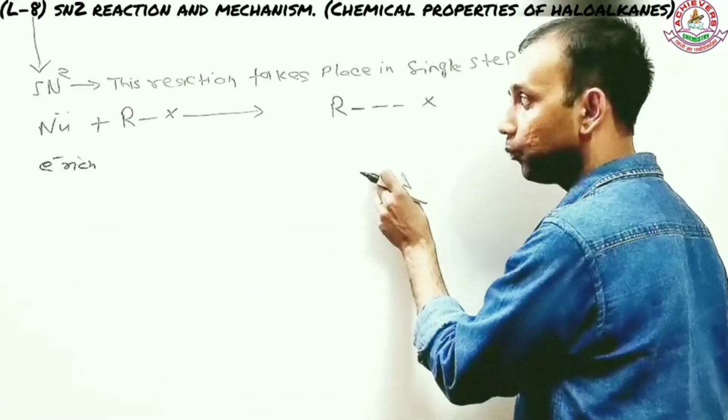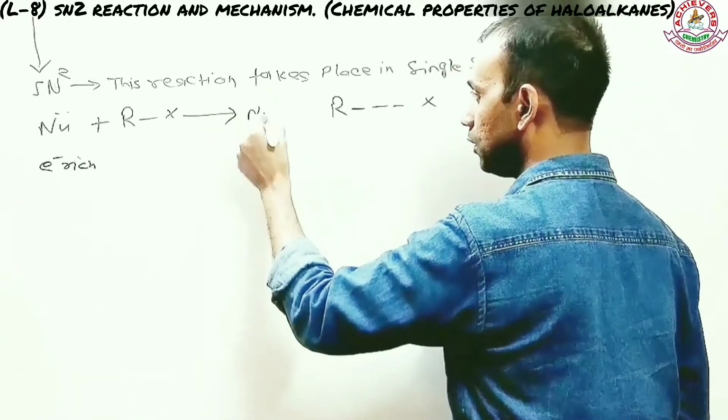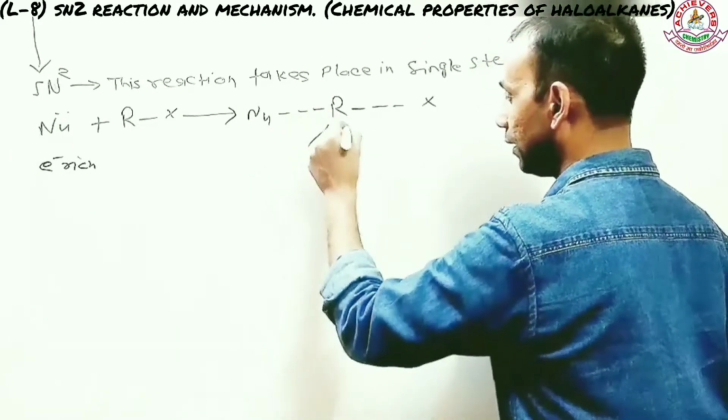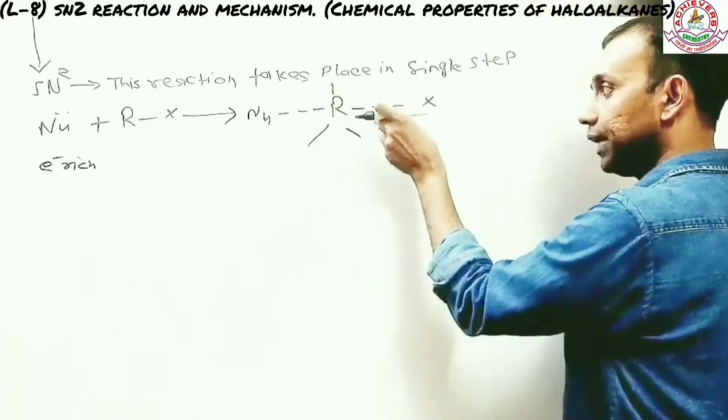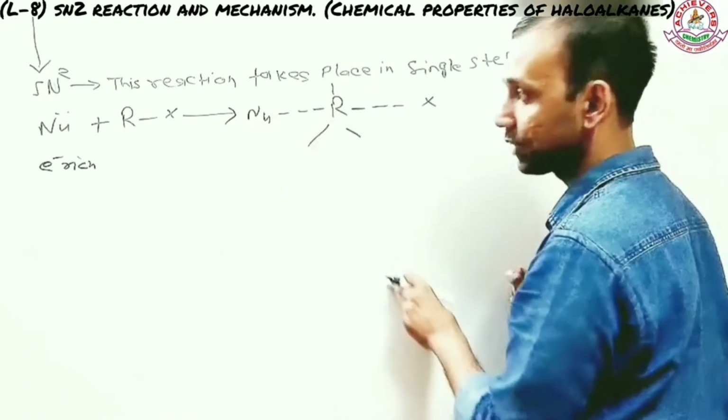This bond starts becoming weak. At the same time, a bond between the nucleophile and carbon starts forming. So you have to understand that both the breaking of the bond and the formation of the bond between the nucleophile and carbon are taking place simultaneously,